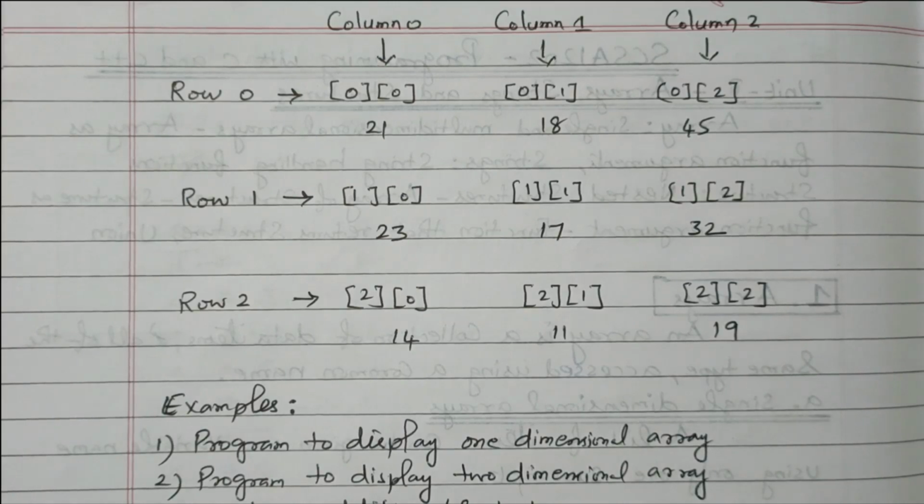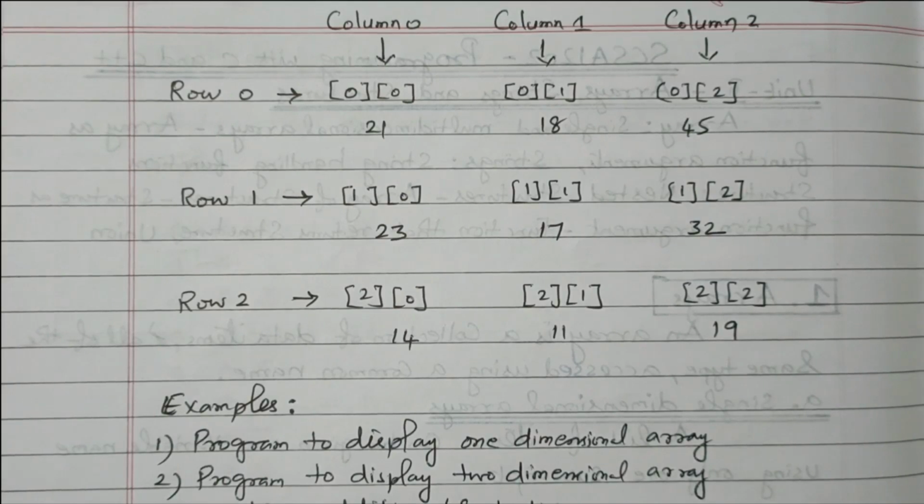We discuss what is meant by array, then two types of array, single dimensional array and multi-dimensional, that is two-dimensional